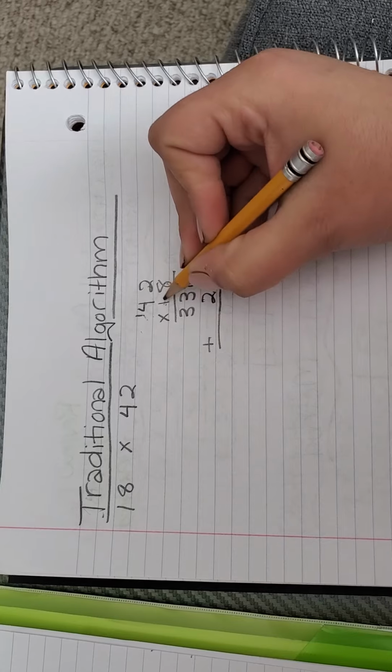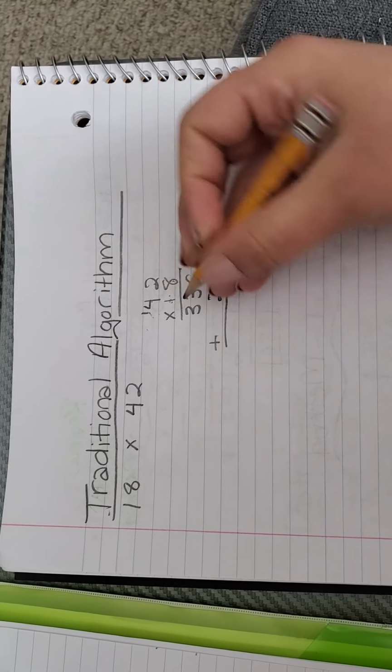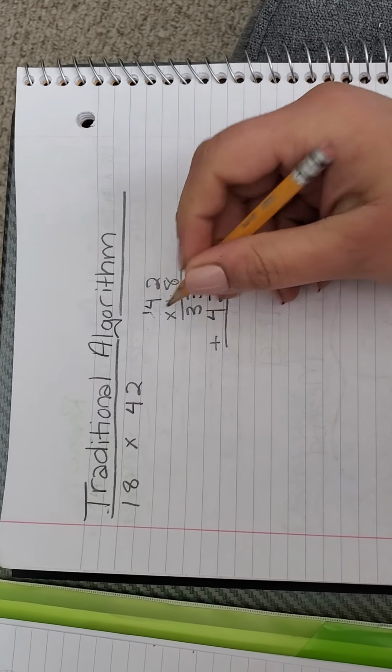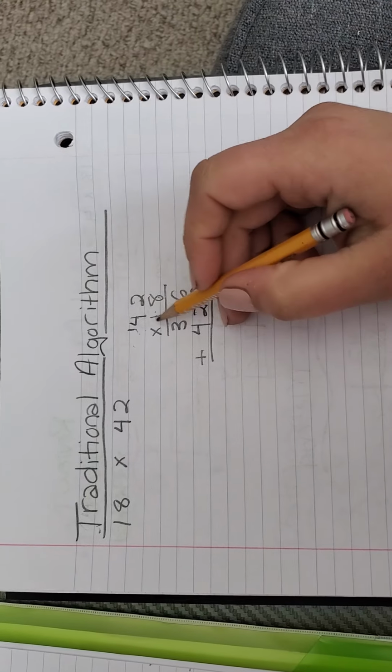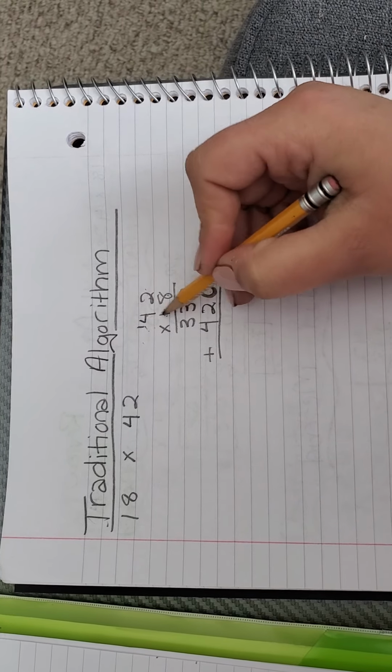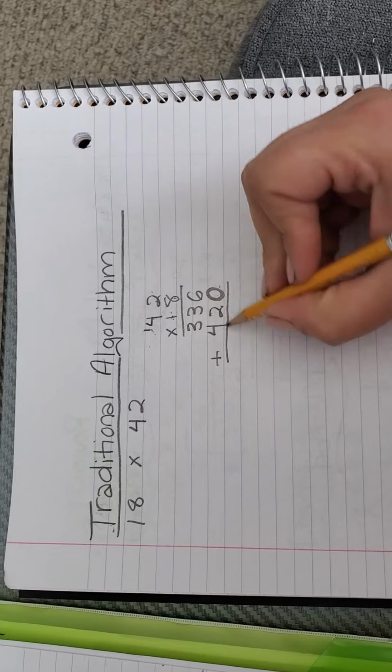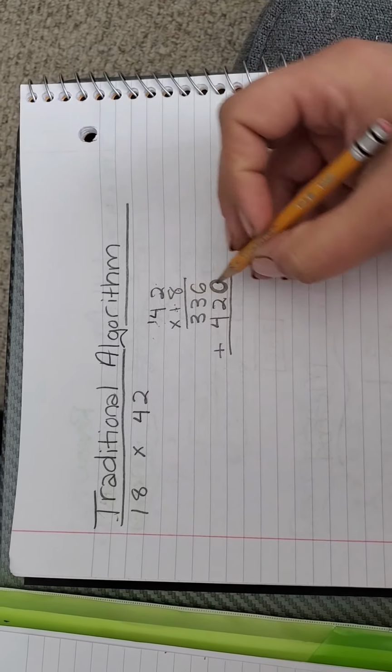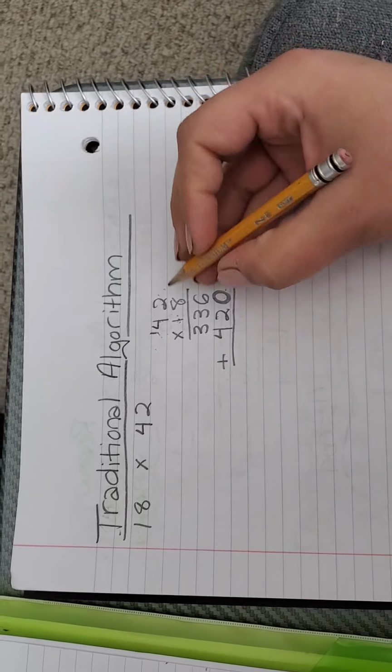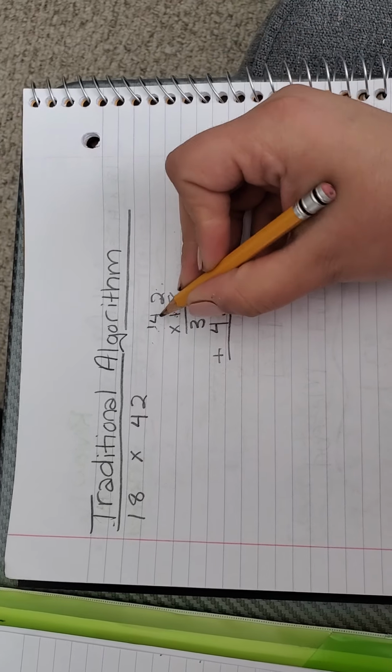So 1 times 2 is 2, 1 times 4 is 4, but remember what we're actually saying is 10 times 2 and 10 times 4. So that's why that 0 is there, because if we did add 10 times 40,